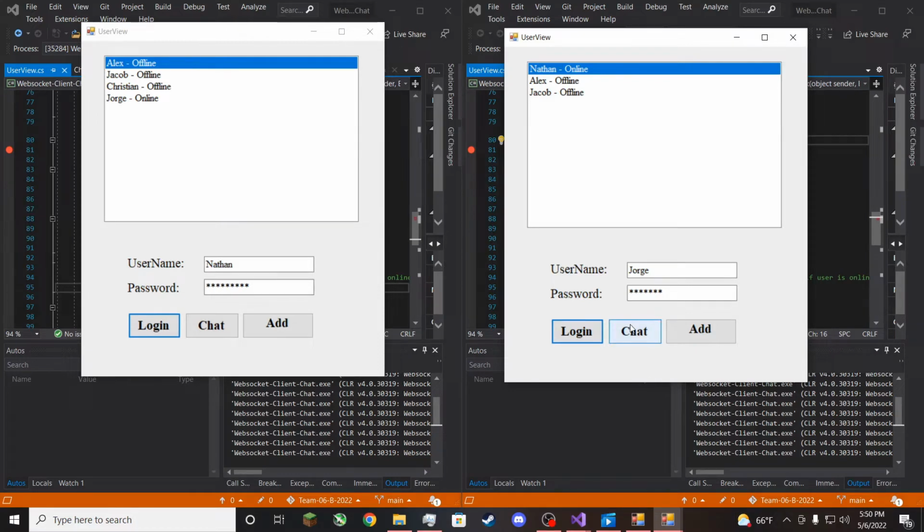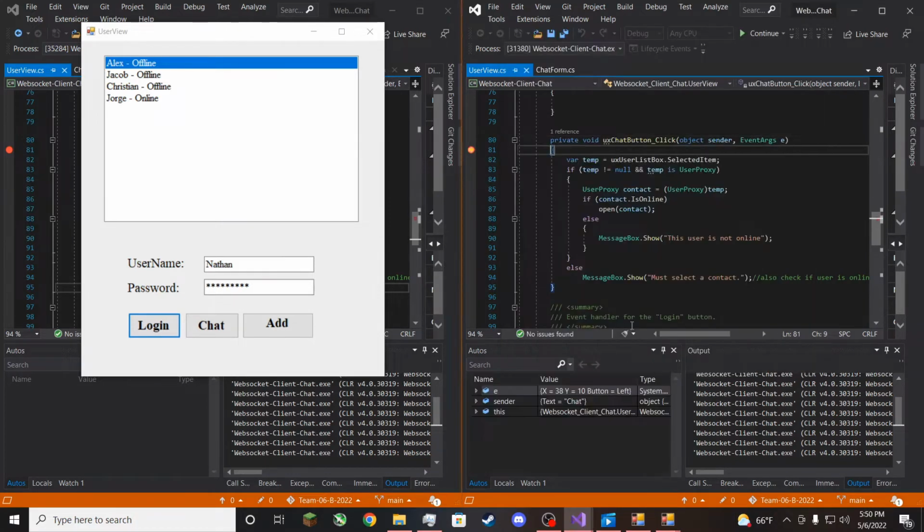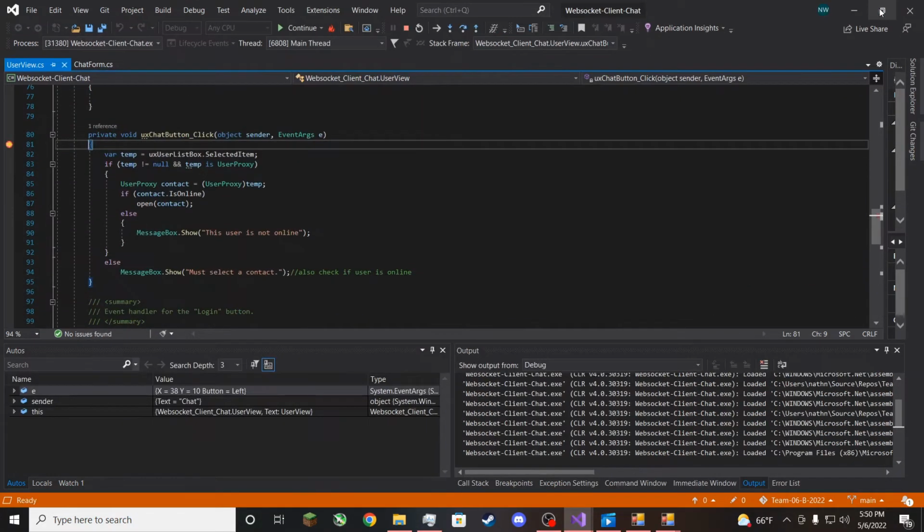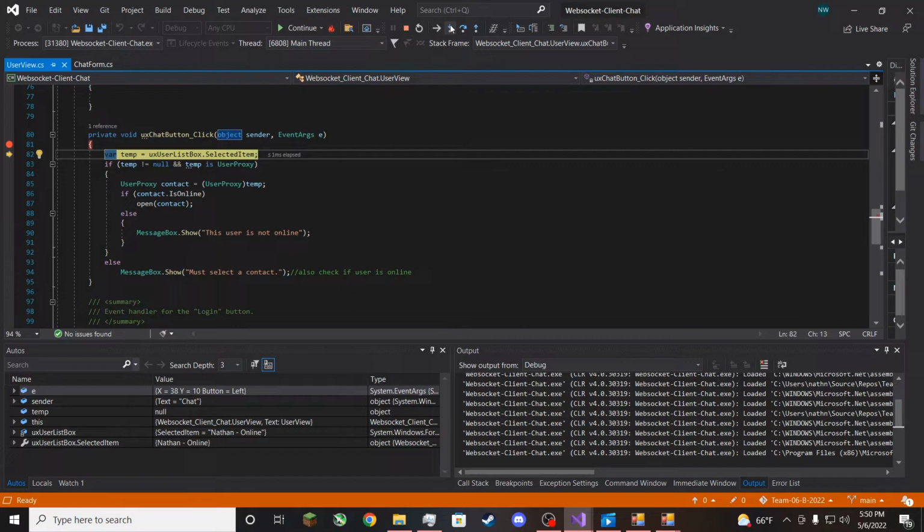I will now click the chat button on Jorge's side, which will lead to this. So I will then turn that to full screen. With the click of that button, we grab the temporary variable from the list box showing the contacts. Now we know the contacts